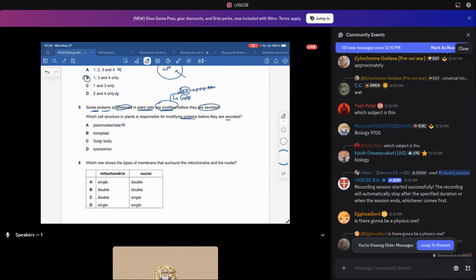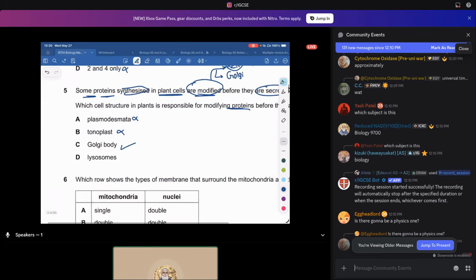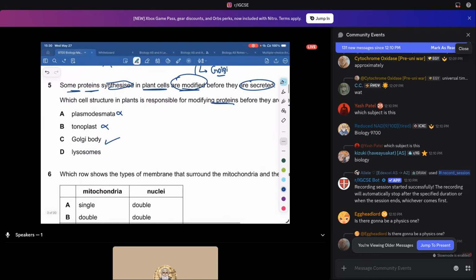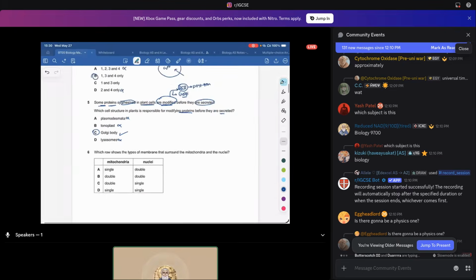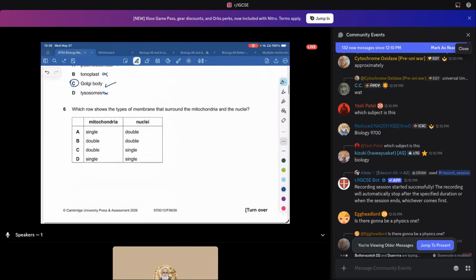So no, it doesn't modify proteins. Tonoplast is simply the membrane of the vacuole. Obviously not. Golgi body, yes. Lysosomes, no. Lysosomes contain proteins, which are hydrolytic enzymes, but they are not in and of themselves responsible. So the answer is